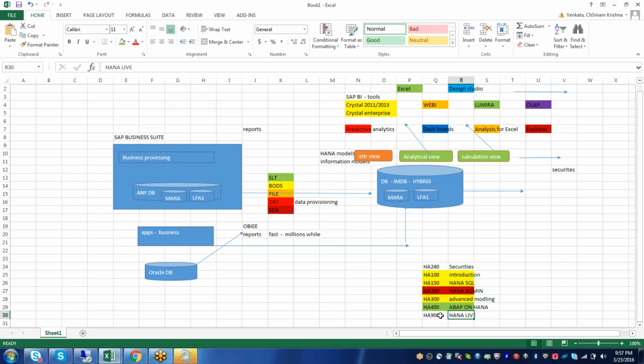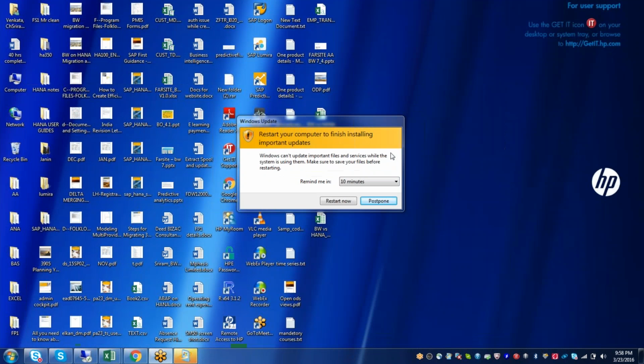So HANA Live is also part of your modeling only. So whatever I have highlighted in yellow shade, those are topics I'm anyhow going to cover as part of our syllabus. So if you go back and see the syllabus,